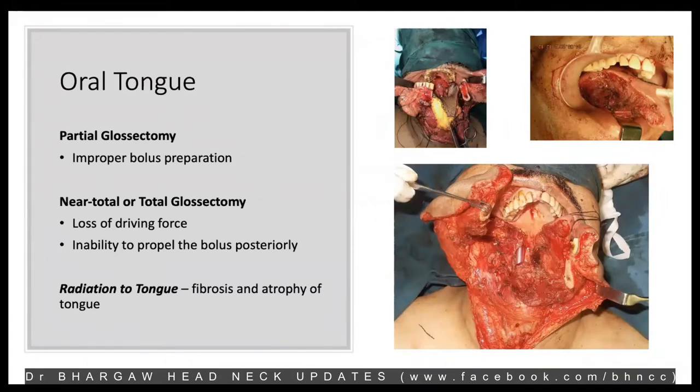For tongue cancers, if it's a very small lesion on the lateral tongue, the patient does not have much swallowing dysfunction, and usually it is left to heal by secondary intention. There would be a simple deviation of the tongue, and besides that the patient would be fine. But if the cancer involves more than half of the oral tongue, then the patient would need some form of reconstruction.